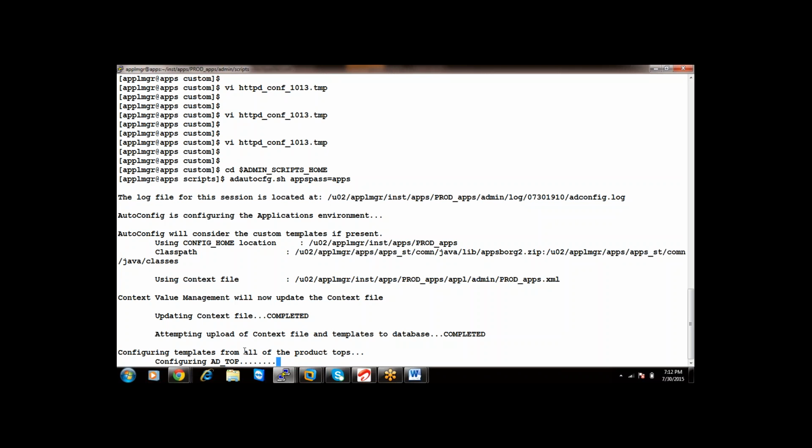We have copied the template file to the custom directory. It will check the versions of the two template files. If the versions are the same, it will generate the configuration file based on the template file in the custom directory.